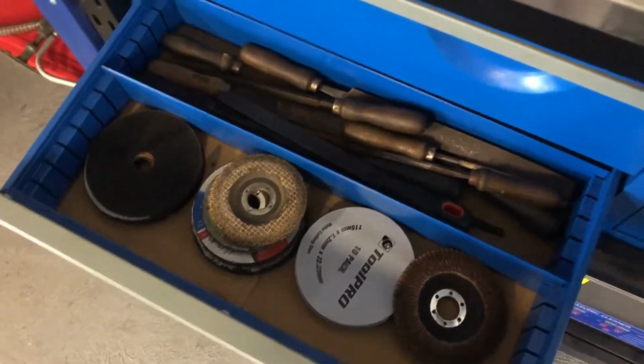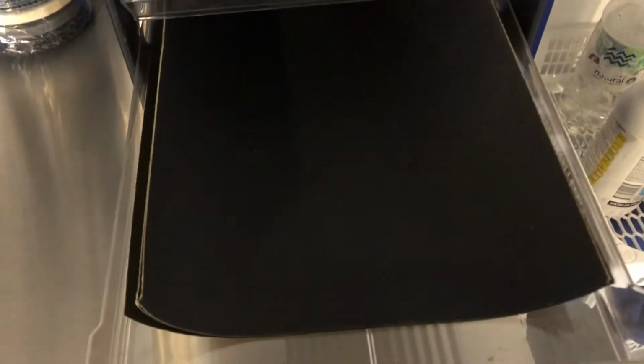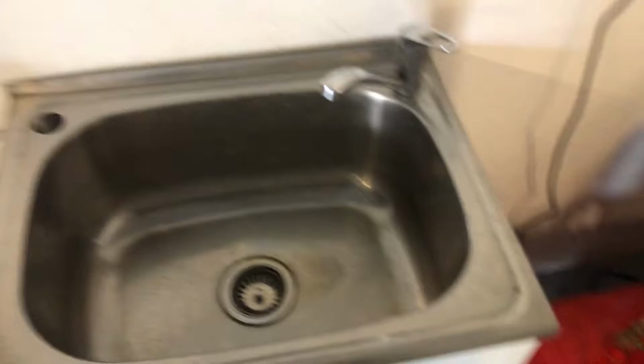Grinding wheels, files, all the dirty sort of stuff really, nothing in there. That's my emery paper, just to keep it all sorted out in its various grades. Bit of a sink there, just for washing your hands. Oh yeah, the